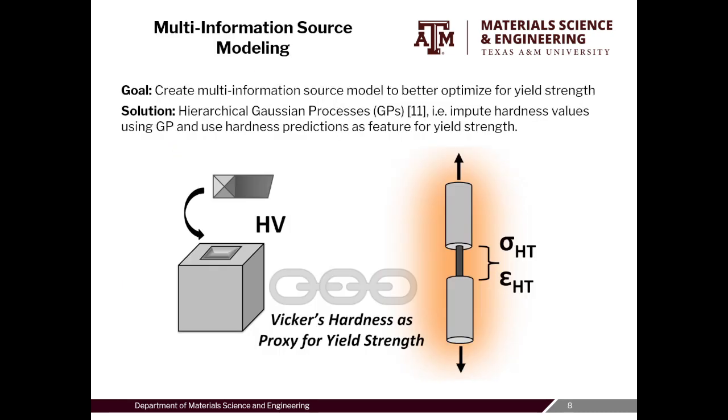Given the data in the Borg dataset, the goal of this project is to create a multi-information source model that can be used to better optimize for yield strength. A popular surrogate model for Bayesian optimization is the Gaussian process regressor. This is because GPs natively provide a prediction and a plus or minus uncertainty bound on that prediction. In this work, we will use hierarchical Gaussian processes in order to use hardness as a cheap proxy experiment